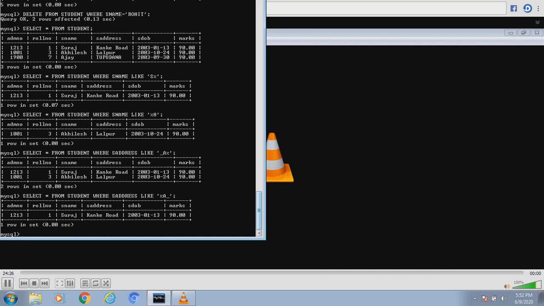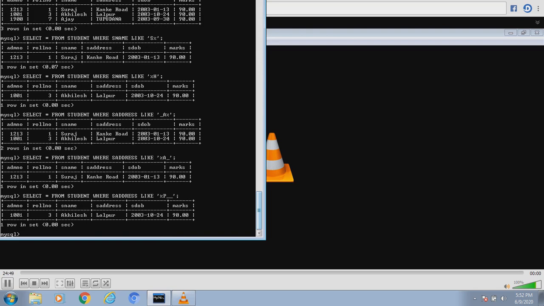If we had to go for third last, what we would have done? We would have written two underscores because underscores are countable. So you see, two underscores I have given, and here maybe I write P. So I actually am aiming for Lalpur. So I would be pressing the enter key and see Lalpur comes because third last is P, and I have given two underscores after P, and underscores are countable. So two things after P, and before P there could be anything in the address. So students, I think you have understood, and the rest of the permutation combination you would do with it. Thanks a lot for understanding this.